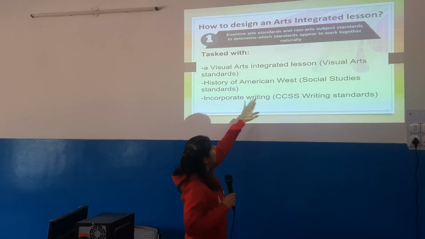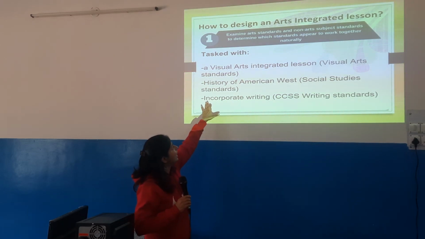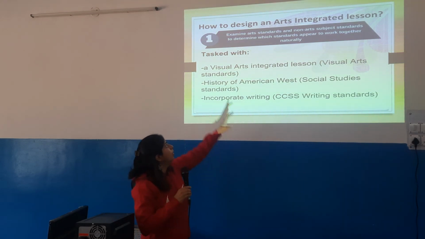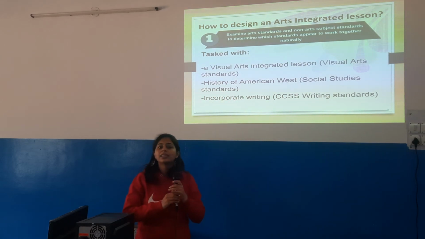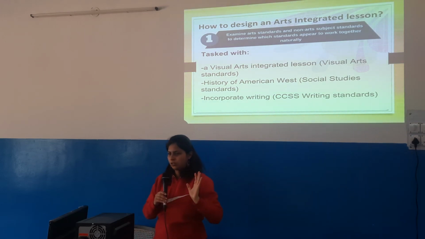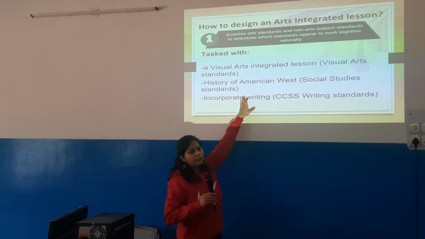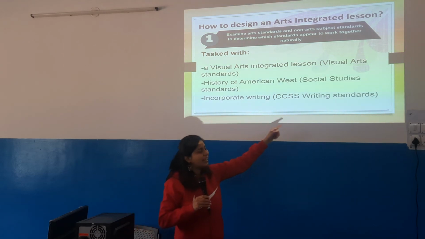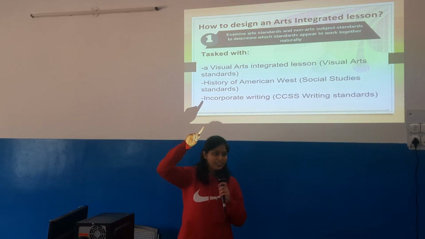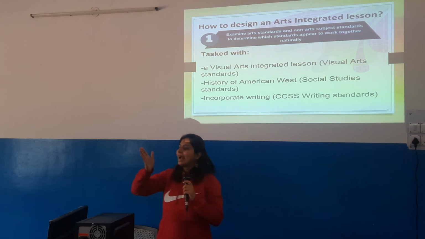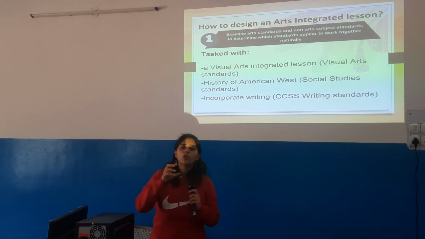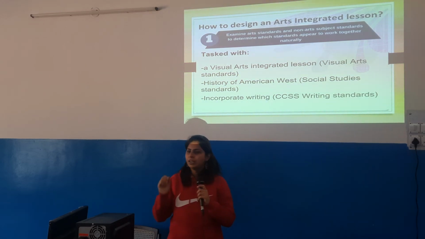So we keep them as SS standards, social science standards, which means it is difficult to directly relate them to art. Here, the first thing, the visual art standard, covers those chapters or subjects where we can easily frame an artwork. Second is where we find it difficult, and the third is the CCSS writing standard, where art can be blended in the form of a literary art form, of which we have seen 3 examples. This way we can categorize different subjects under strands or standards to understand what level of art integration can be done by us.